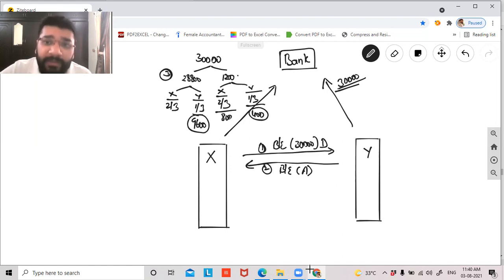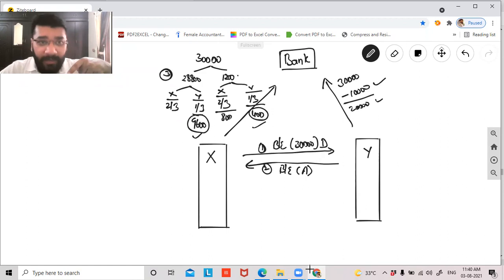Yes, sir. Out of 30,000 rupees, Y has already received a benefit of 10,000 rupees. How? 9,600 in the form of money and 400 in the form of discounting charges. So the balance amount which has to come from X to Y is 20,000 rupees. On the due date, Y will put in 10,000 from his pocket and collect 20,000 from X, and then give the entire 30,000 to the bank.